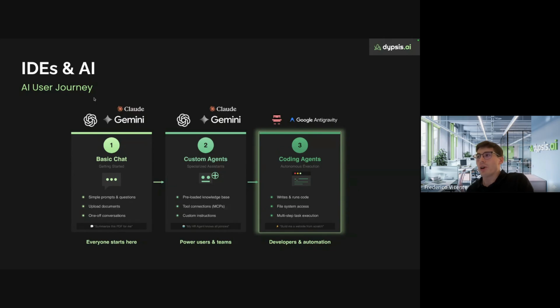Then you have this pattern, which is when users start getting more comfortable and start exploring the overall features of these systems. Like you start maybe creating some custom agents that the system allows. You start creating projects with predefined documents.